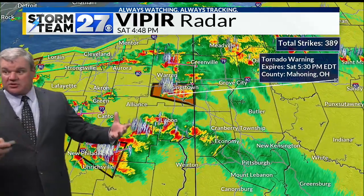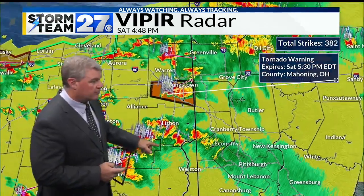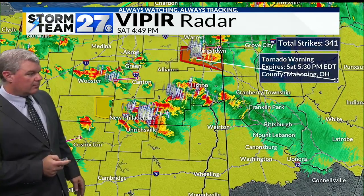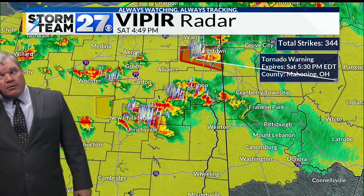Right. Well, any of these could spin up pretty quickly this afternoon, and that's what we're concerned about. There's some rotation around Tuscarawas County, east of New Philadelphia. That storm looks like it's going to go south of Columbiana County. Our strongest rotation right now is right over...